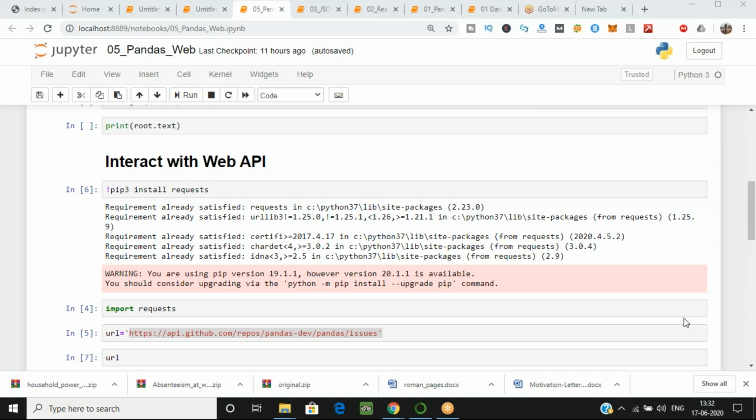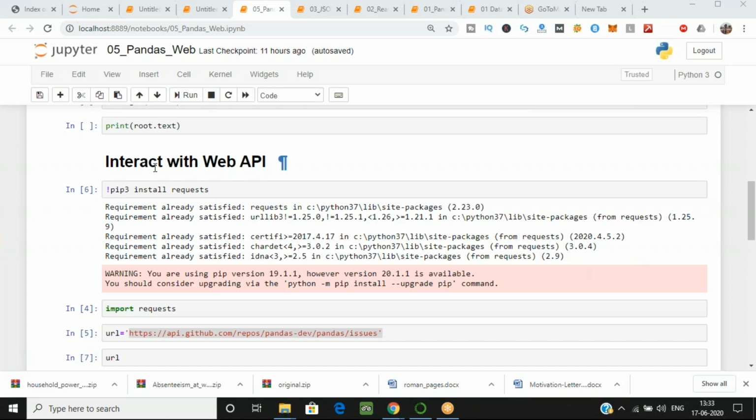Yes, application programming interface. Okay, application programming interface. So let's do that. What we are doing now with the help of Pandas library, I want to interact with the web APIs also. I want to fetch the data from the web and create a data frame from that. Okay, so this is very interesting.